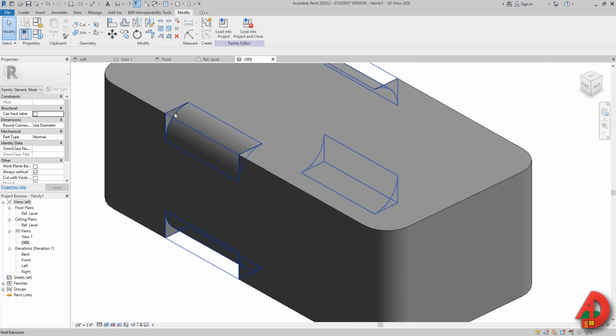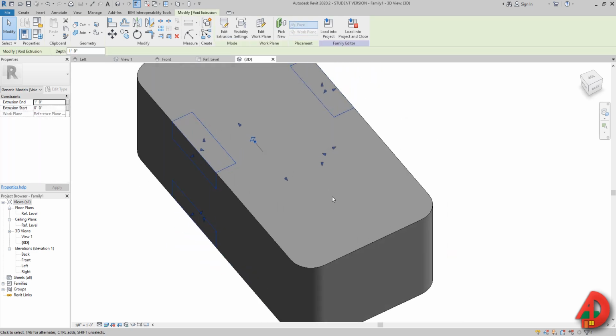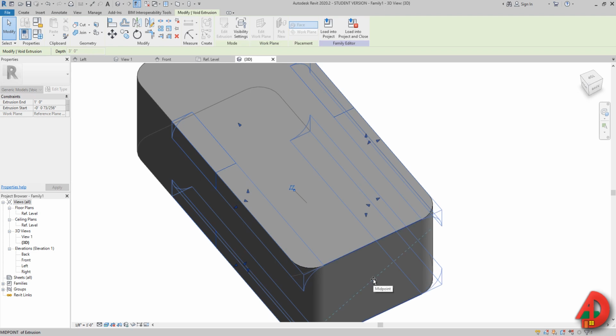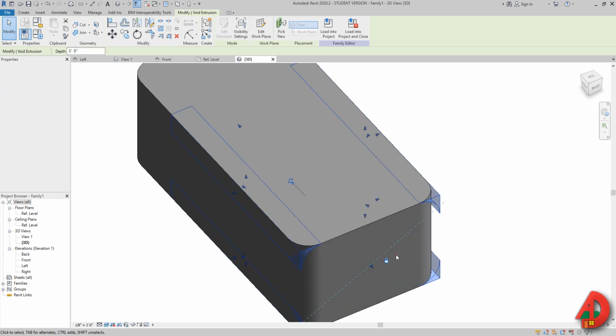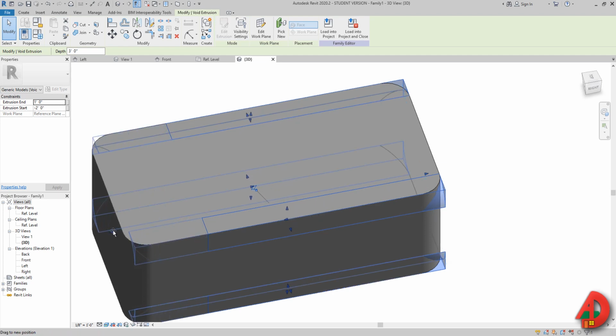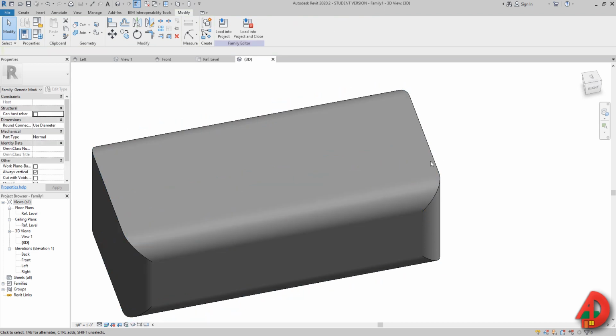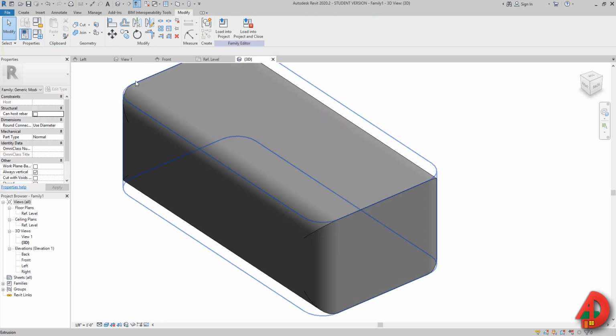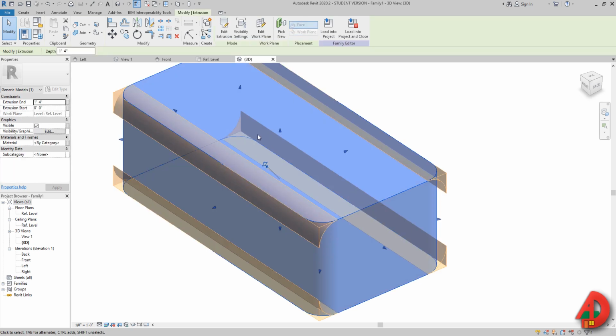What we forgot to do is to take this extrusion and use the arrows to extend it all the way to the end till we see this diagonal line, and lock it in place, and same on the other side, extend it till it snaps and we see this diagonal line, lock it in place. And we also want to change the texture of this Strobel block because it doesn't look like a Strobel block.